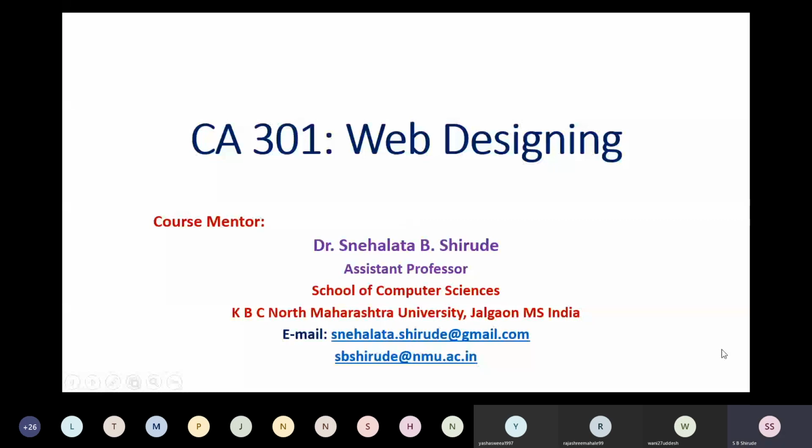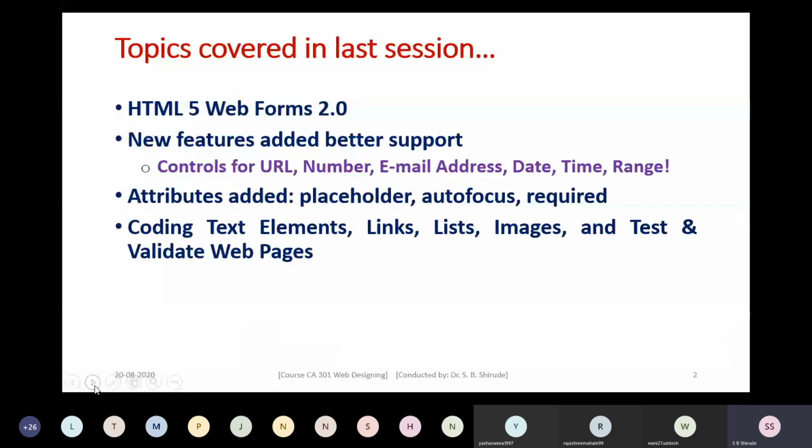In the previous session, we covered the topics related to web forms 2.0. In that, we saw a demonstration for the creation of HTML forms, along with a demonstration of the new features added in HTML5 for better support.